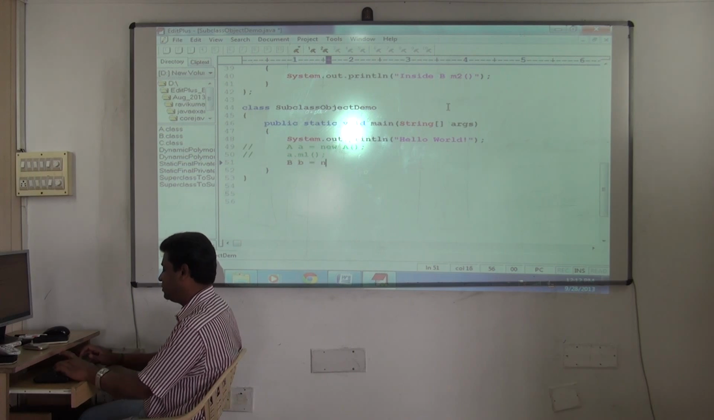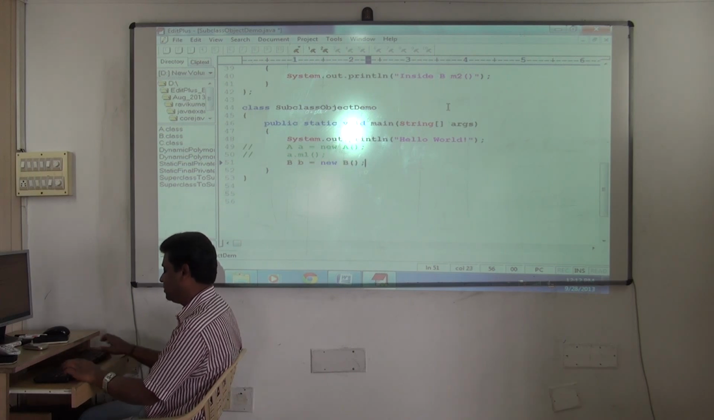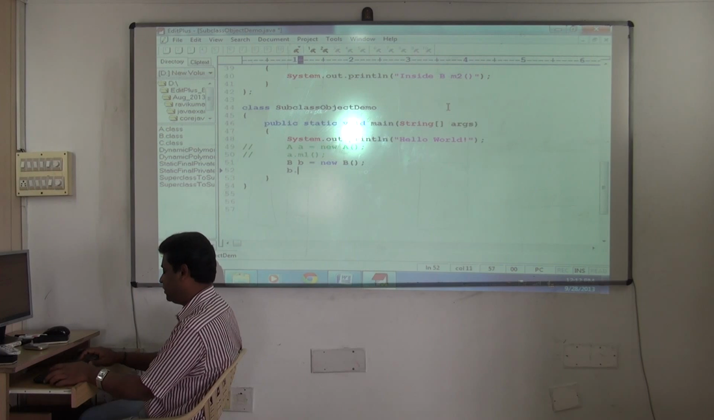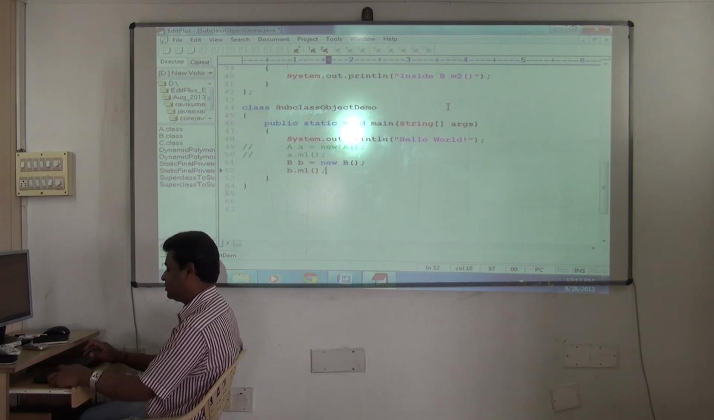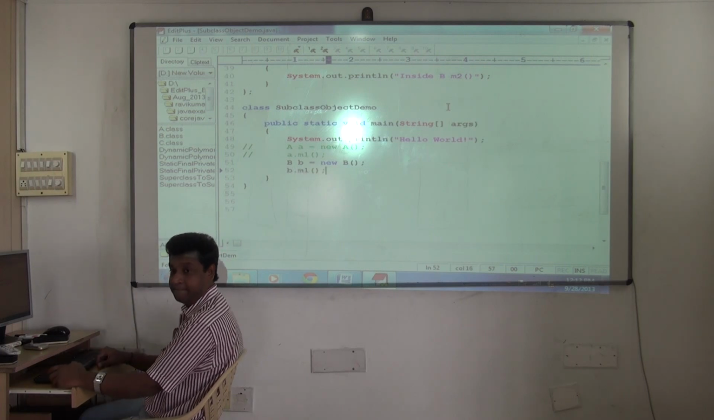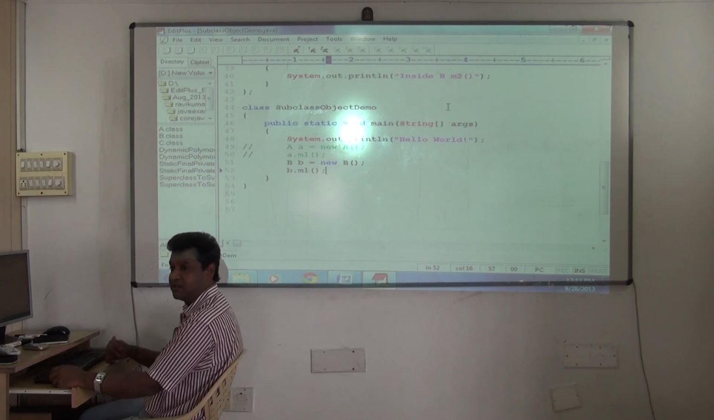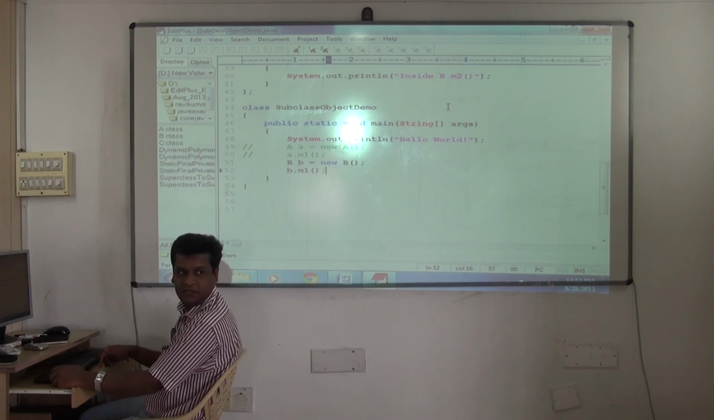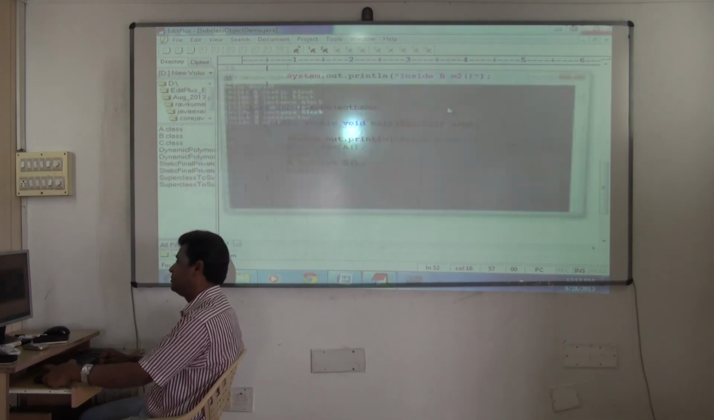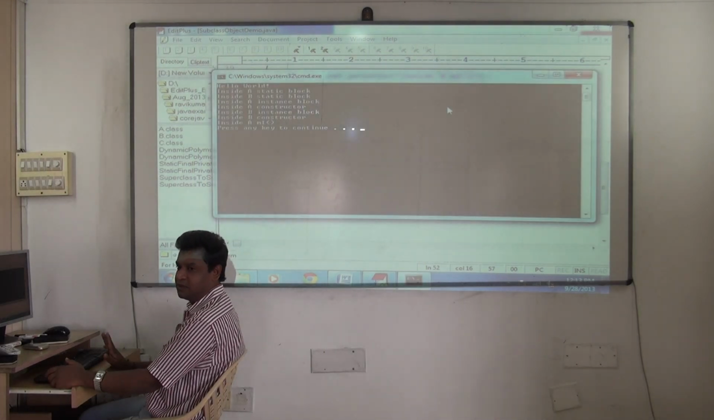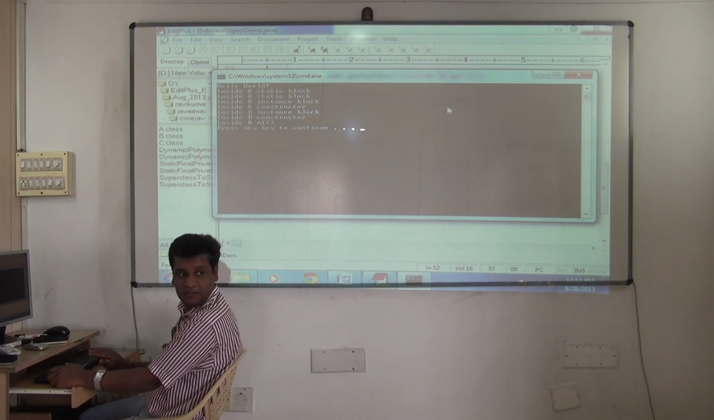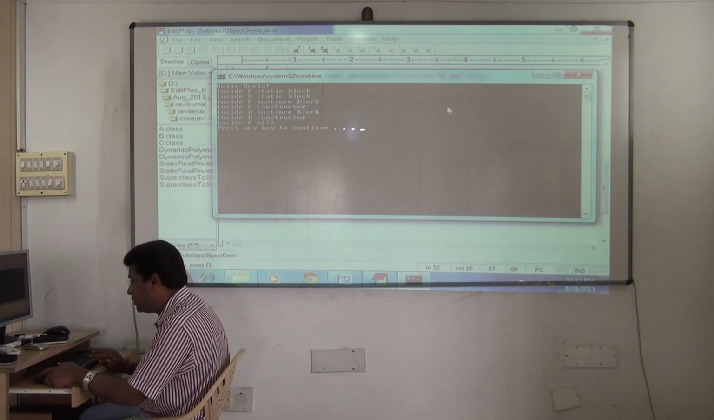BB is equal to new B, B dot M1. So check out now. First A static, B static, A instance, A constructor, B instance, B constructor, M2. I'm creating only B object. A static, B static, A instance, A constructor, B instance, B constructor. So this is how it gets executed. But actually what's happening here is,